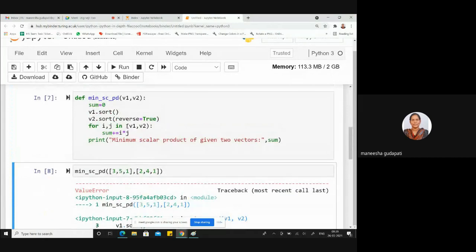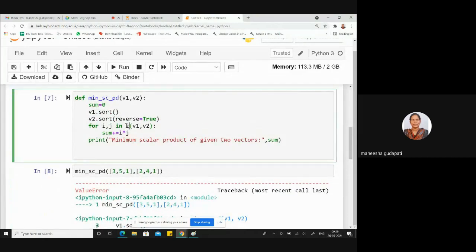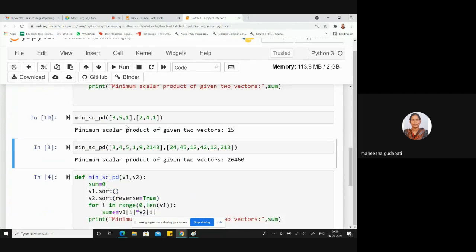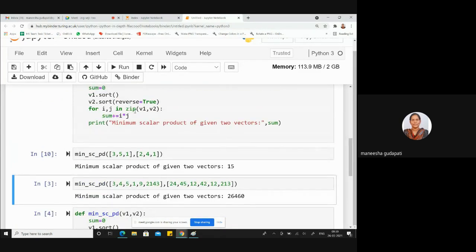So in order to overcome this value error, which function do I have to use? I have to use either the zip function or the map function. Suppose you don't remember this zip function,